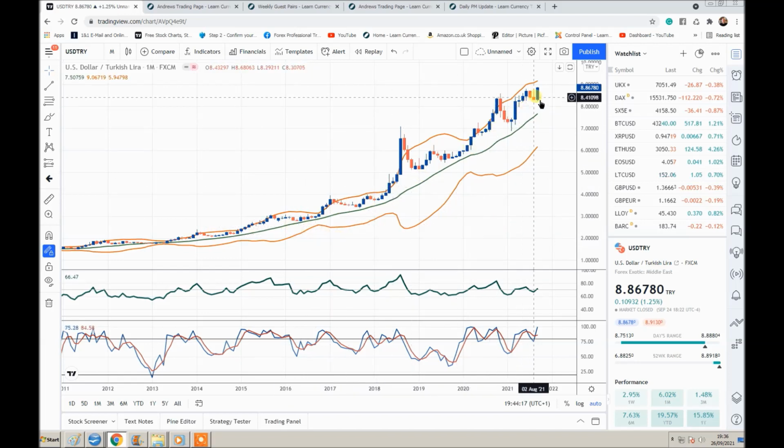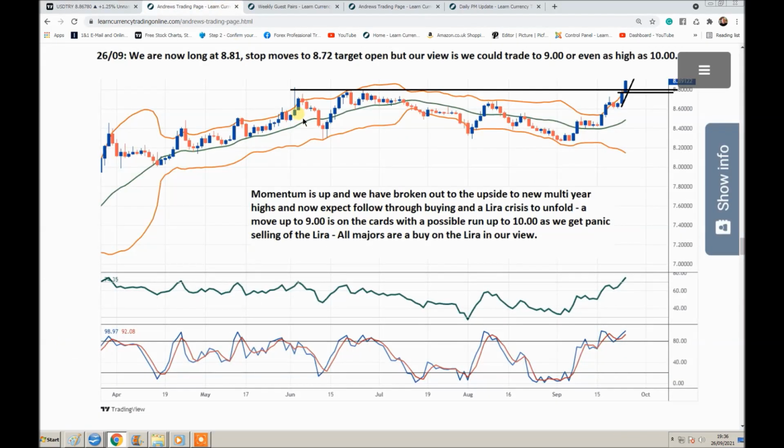USD/TRY has been hammered, a new multi-year high. I think we could trade up to 10. I think it's a high probability that we could see real problems in Turkey. It's important because Eurozone banks are heavily exposed to Turkey, and a lot of those banks are not in good shape. Also, if Turkey gets into real trouble, which it looks like it's going to, then that is a potential